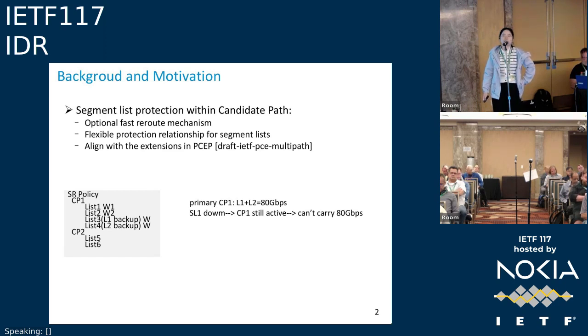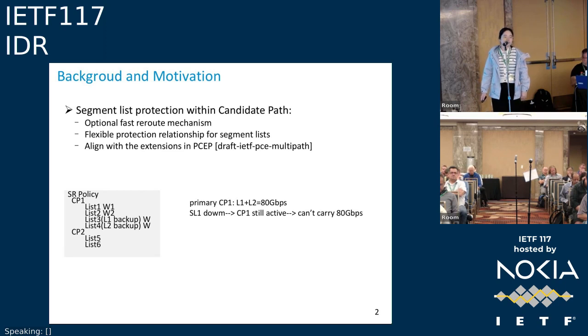This draft tries to be consistent with the extensions in the BGP draft for segment lists, for backup segment lists. Maybe it can be used in scenarios like load balancing, for example. The segment list 1 and segment list 2 in the primary candidate path CP1 together provide a bandwidth of 80